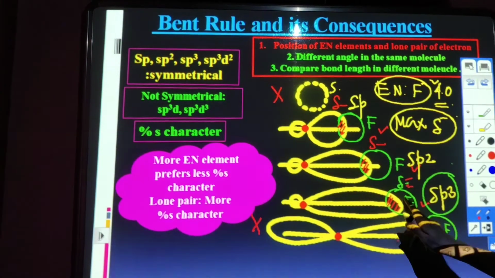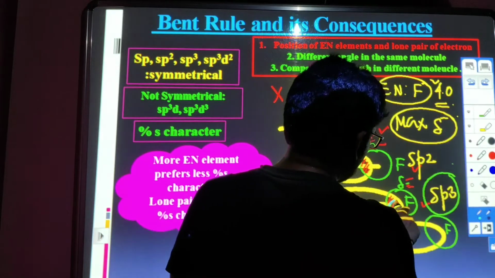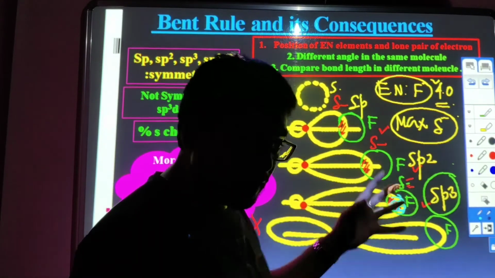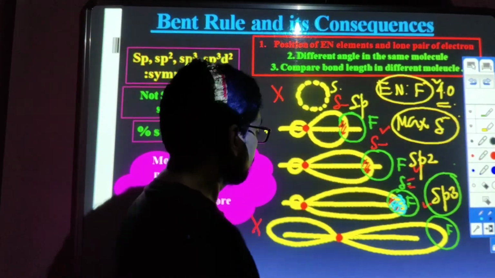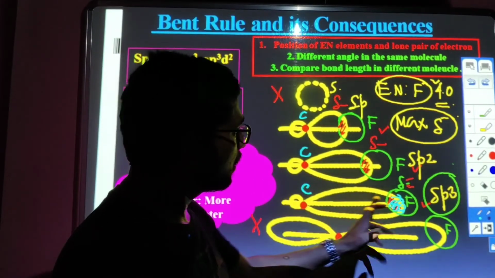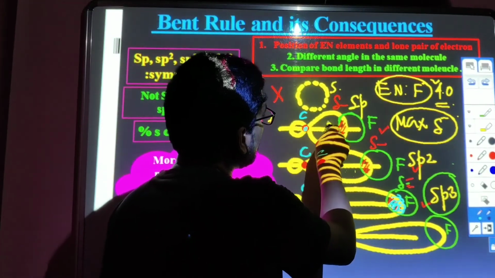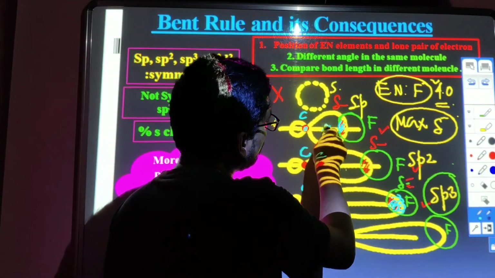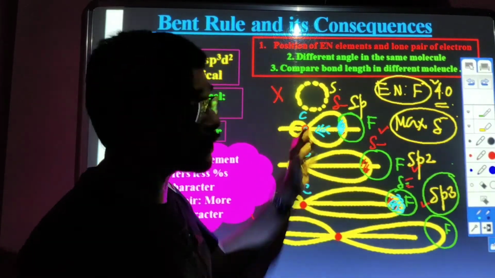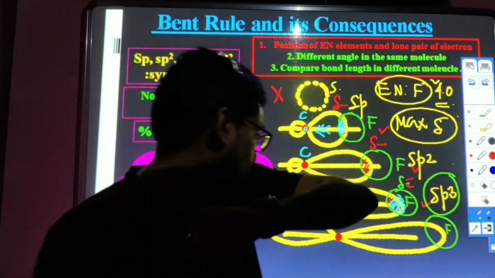If I am here and I form bonds, then these shared pairs of electrons, I will attract the maximum. Why? Because if it's carbon, carbon is far away from the shared paired electrons. Here carbon will attract the lone pair of electrons. This pair of electrons is very high because it is closer to the nucleus. The sp hybridized orbital is closer to the nucleus. That's why